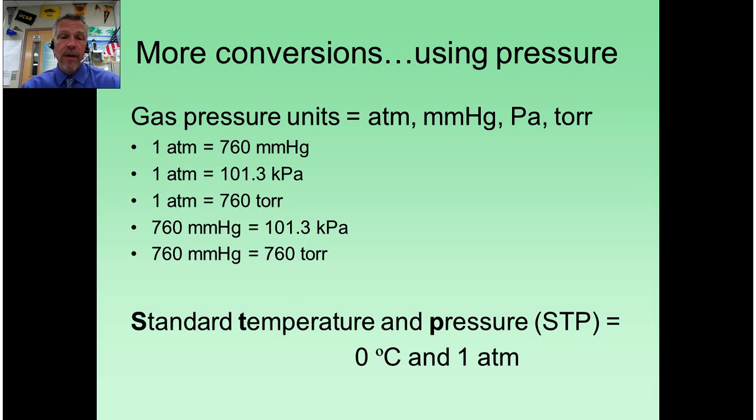Since we haven't talked about pressure before, we need to talk about units for pressure, and that's what we have here. The way we measure pressure for a gas is we actually, unfortunately, have a bunch of different units that we can measure it in, the same way you can measure distance with inches or feet or millimeters. We have different units for measuring gas pressure, and these are called the atmosphere, the millimeter of mercury, the Pascal, and the torr. Don't ask me why we need so many different ways to measure pressure. We just do. And this is the way you convert from one of those to another. So one atmosphere is defined as the pressure